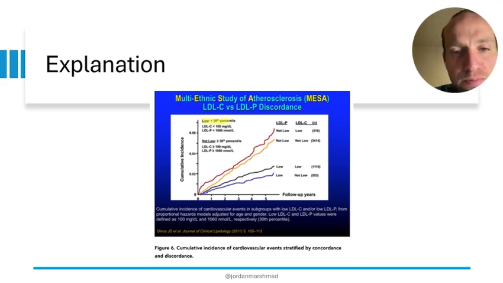they defined low LDLC or low LDLP as less than the 30th percentile, which meant LDLC was less than 100 milligrams per deciliter and LDLP was less than 1060 nanomolar, or nanomoles per liter. And then not low, which is kind of true that it's not necessarily high, but if people had LDLC greater than 100 or greater than 160, they were in the greater than 30th percentile of risk. And that's how we're kind of fleshing this out.